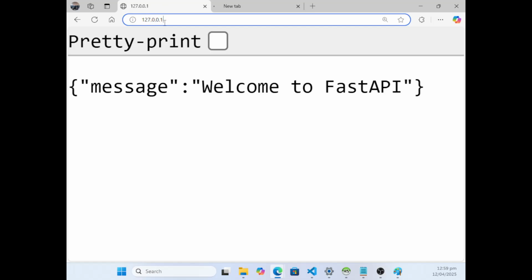Now, another term, another way we can refer to 127.0.0.1,